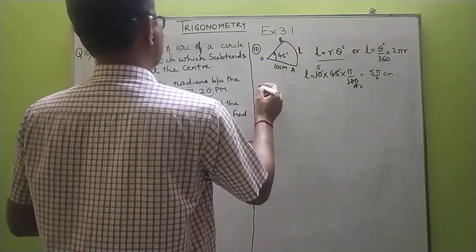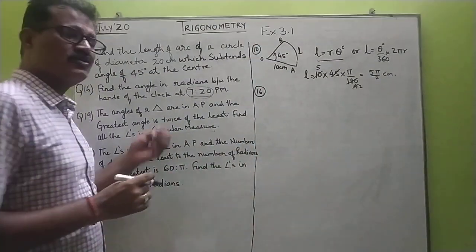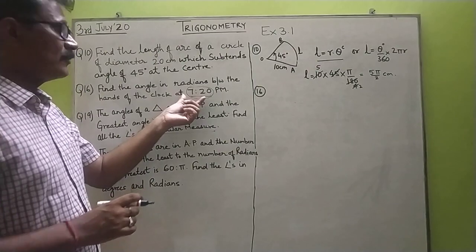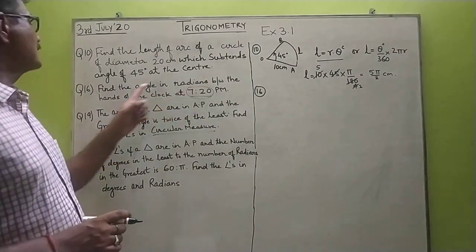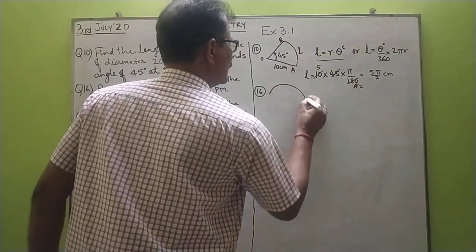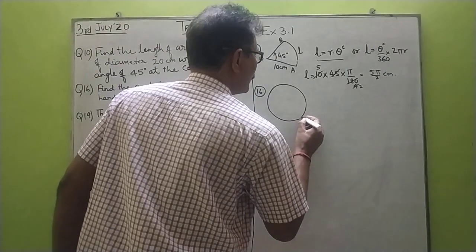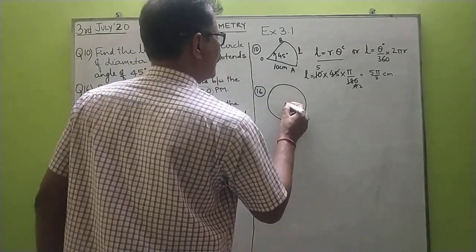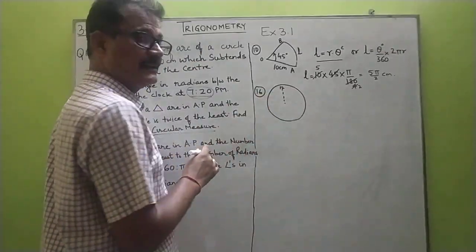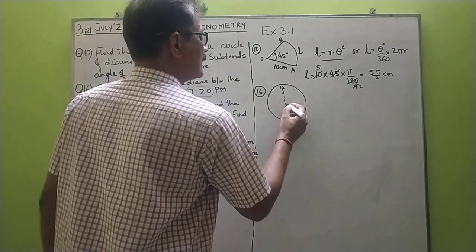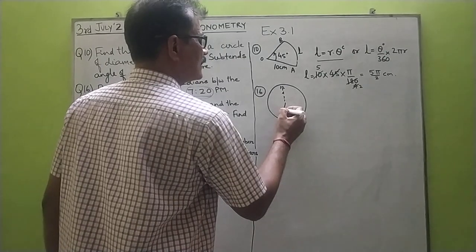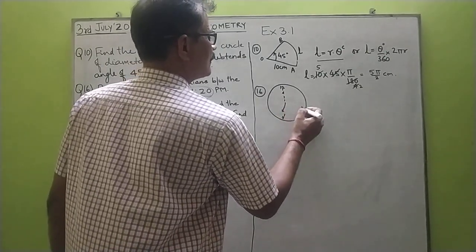Now, moving on to question number 16 solution. This is a most common question that yesterday many people have asked me to get the solution. Now, find the angle in radians between the hands of the clock at 7:20 p.m. Now children, let us look at the clock first. At 7:20, this is the initial position of the clock. Both the hands are at 12, suppose, and then at 7:20, the hour hand will be a little ahead of 7, whereas the minute hand will be at 4.